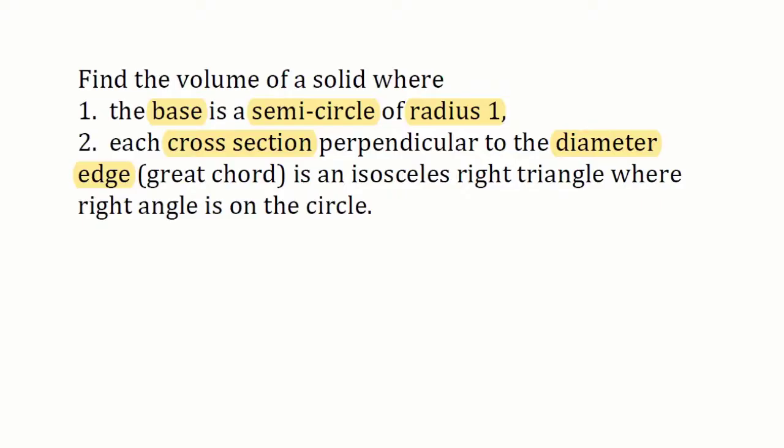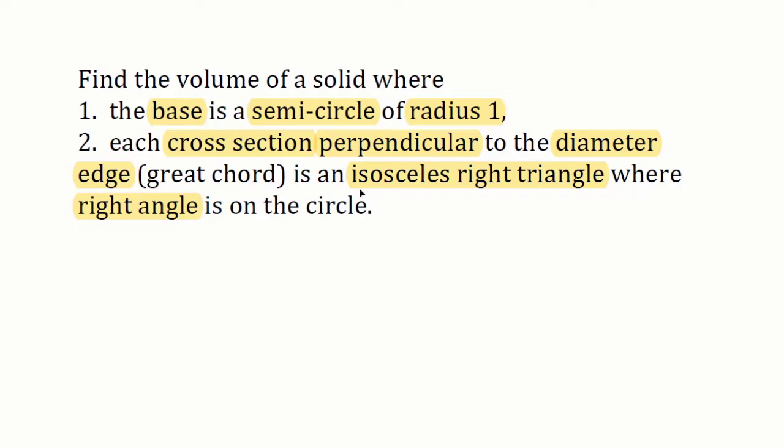So the description here says each cross section perpendicular to the diameter is an isosceles right triangle. Isosceles right triangle. And there's a little further description right here where the right angle is on the circle. The right angle is on the circle. Okay, so now let me turn back over to the actual 3D picture right here